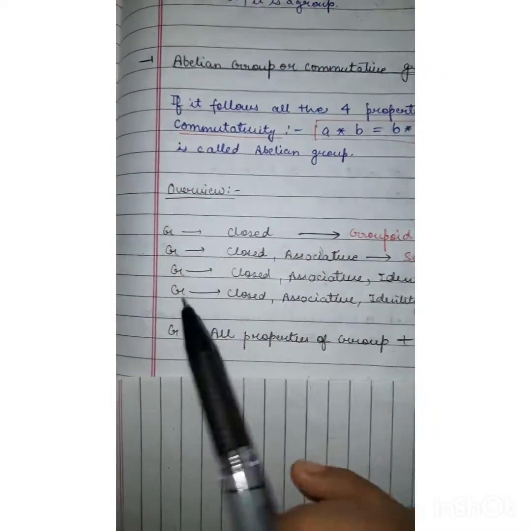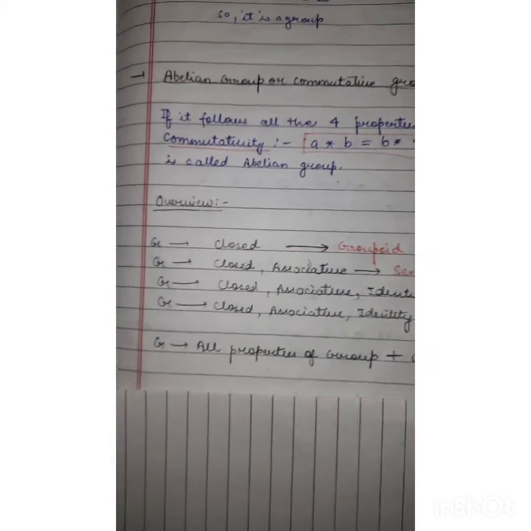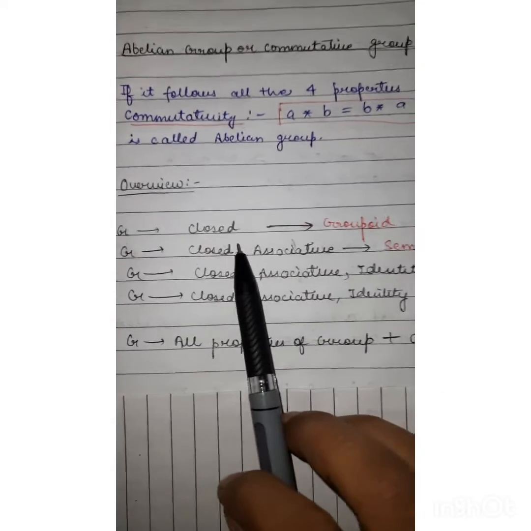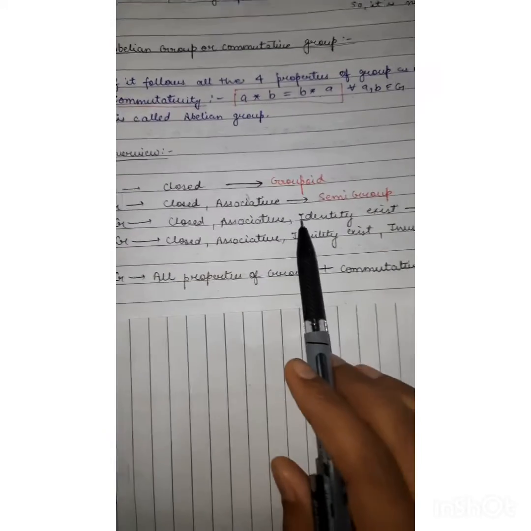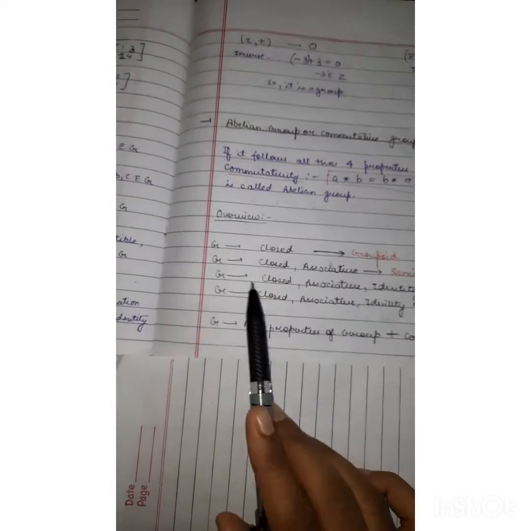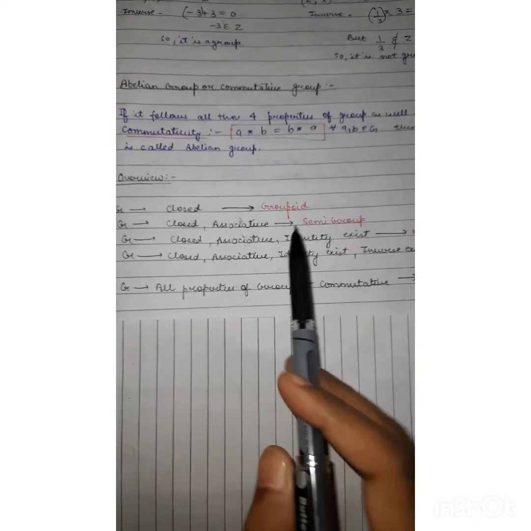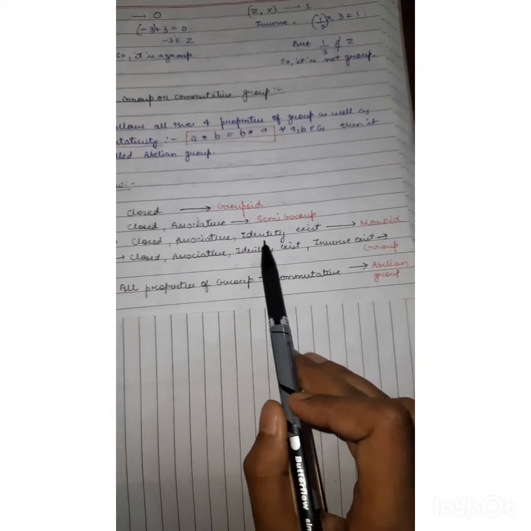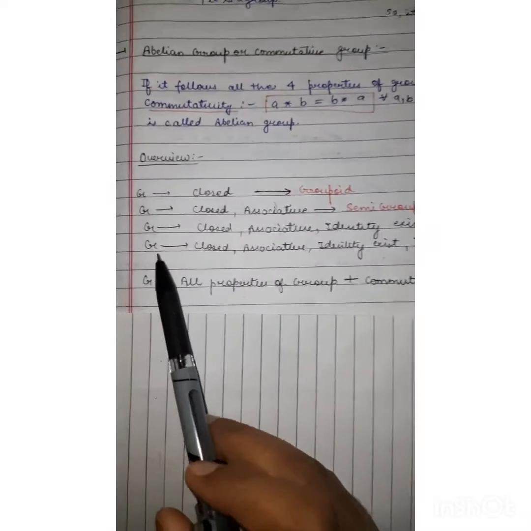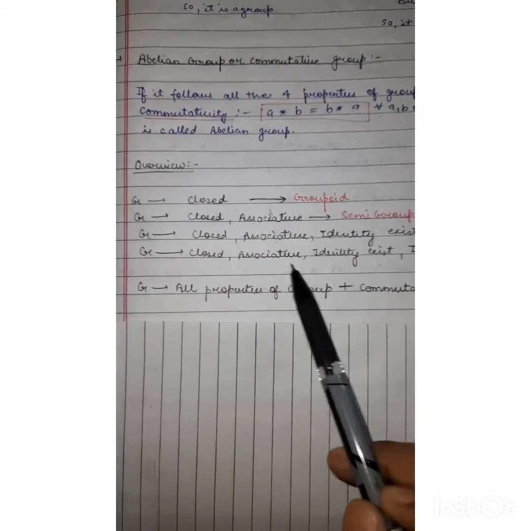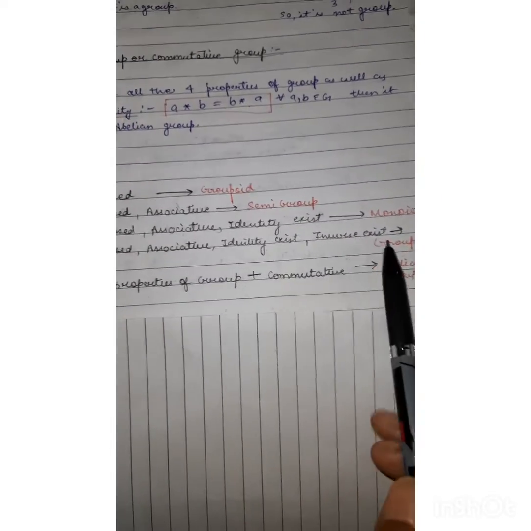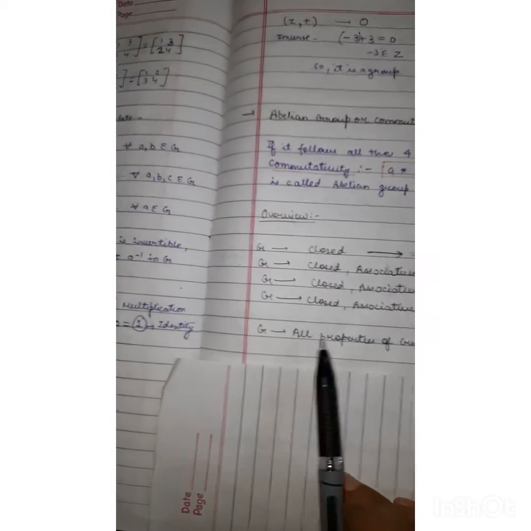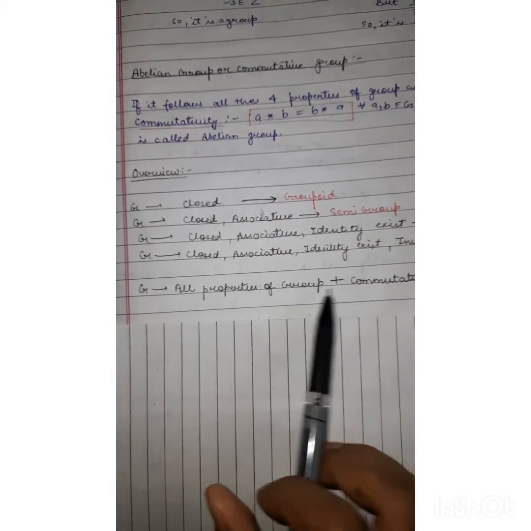Now the overview of what I have told till here. G, if it is closed, is called a groupoid. If it is closed and associative, it is called a semigroup. If it is closed, associative, and there exists an identity, then it is called a monoid. If it is closed, associative, there exists an identity, and the inverse also exists, then it is called a group. And if it follows all these properties, along with that it follows the commutative property, then it is called an